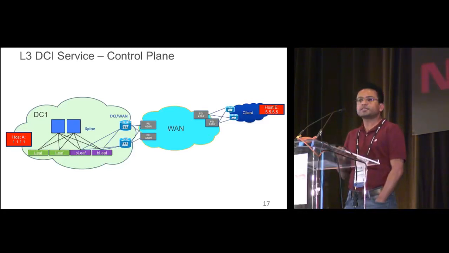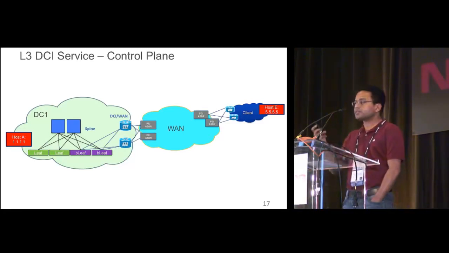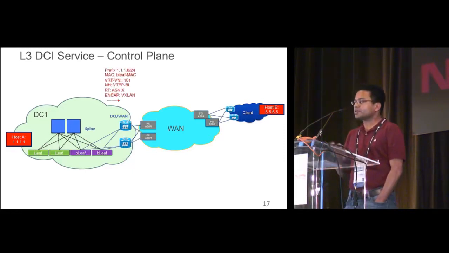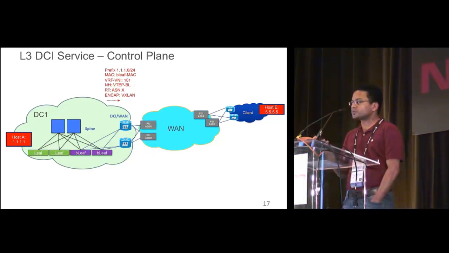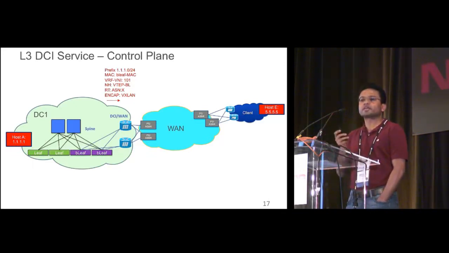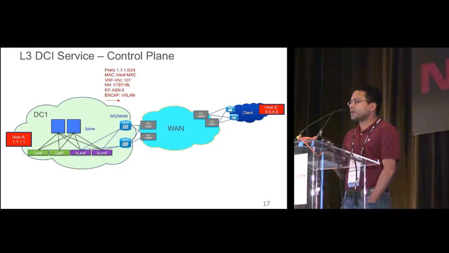If it's not present in that data center, then that host route is sent out to the border leaf. The border leaf is the exit out of the data center, which is connected to the data center interconnect. The border leaf sends out a type 5 route, 1110/24, with the MAC and the next hop pointing down to the border leaf. It will have an RT which points to the ASN number and the VNI ID and the encap,